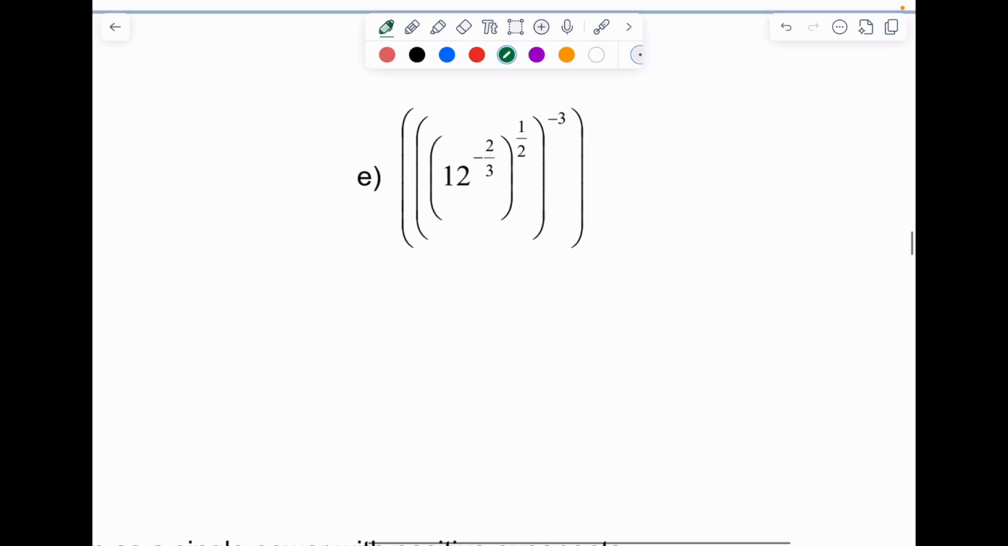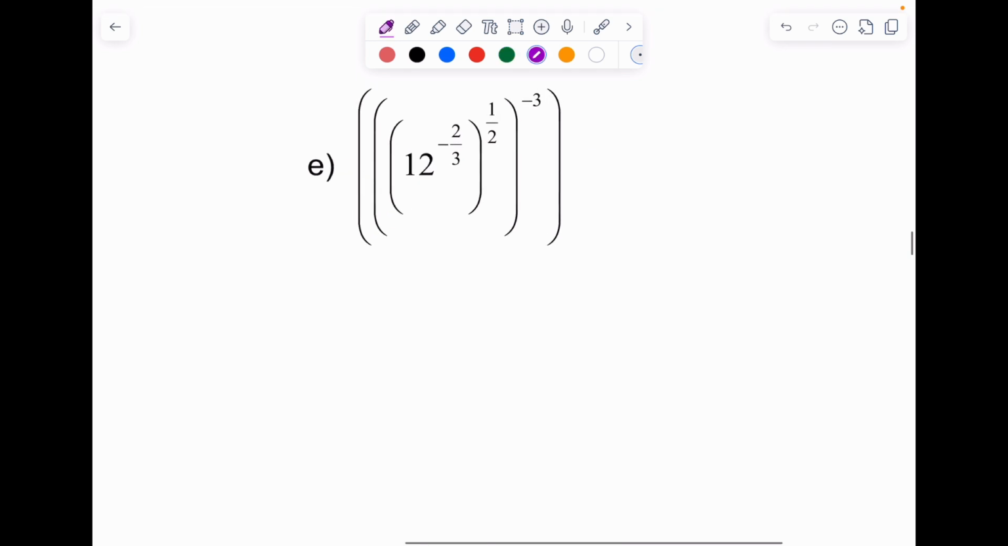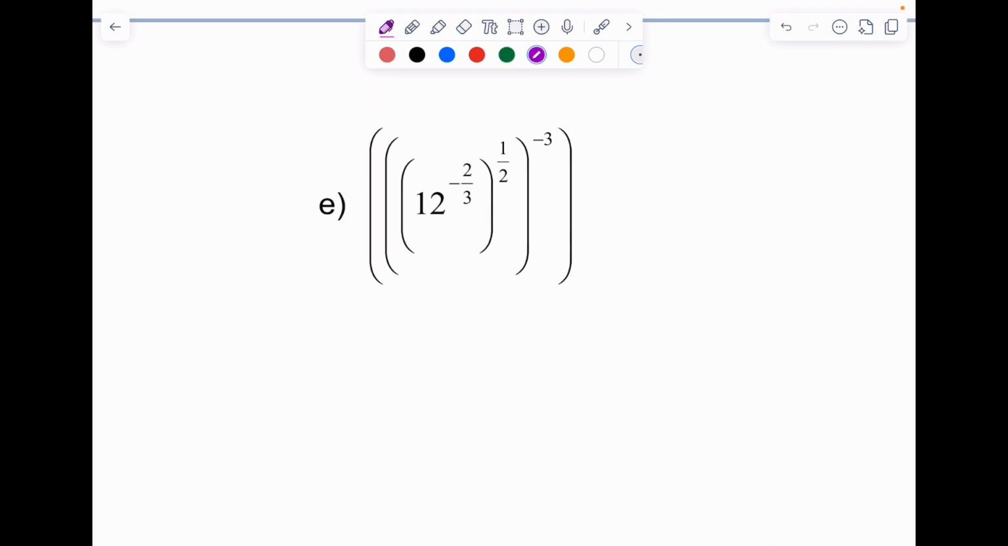Okay, so I have 12 put to the power of negative 2/3. Then that's put to the power of 1/2. Then all of that is put to the power of negative 3. This may look complicated, but really it's just working within your brackets. So like think about starting here, okay? So think about this being your only question. So what I'm asking you to do is go